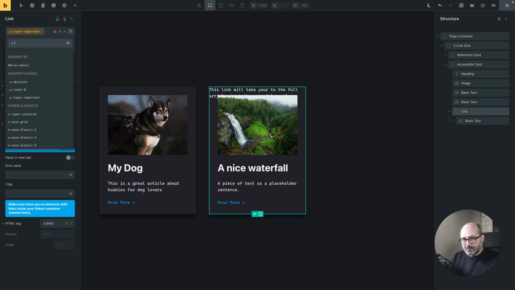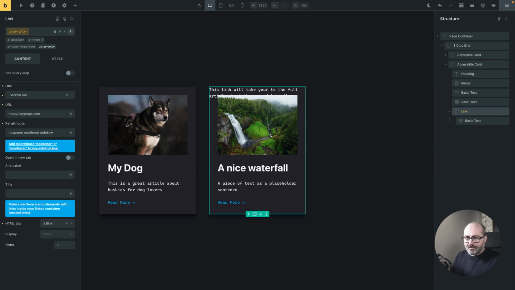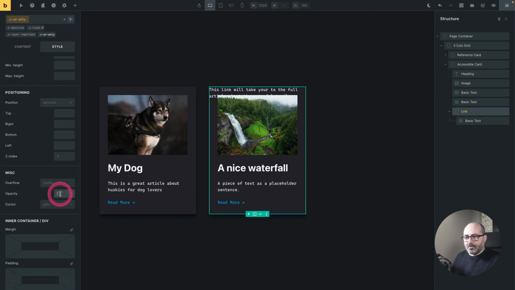C dash. You know, I use C dash as a prefix for my custom utility class by opposition to the O dash utility classes that come from the framework. That's a way for me to differentiate what comes from the framework and what are custom classes. SR dash only. And the future framework class will be a bit more complex because it will take into consideration all possible cases. But for now, for our purpose, we only need it to have, for example, an opacity of